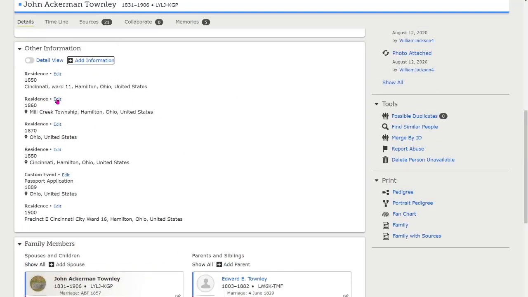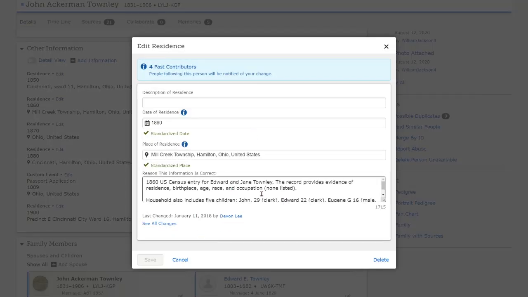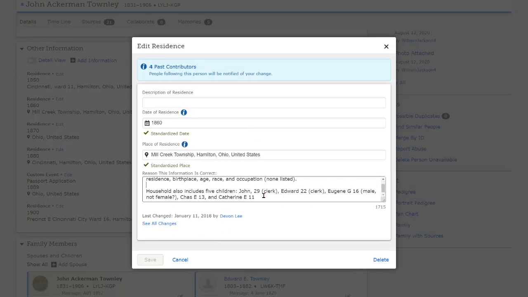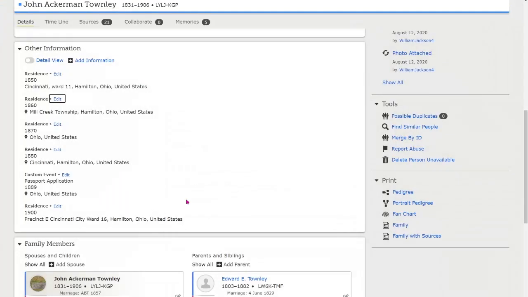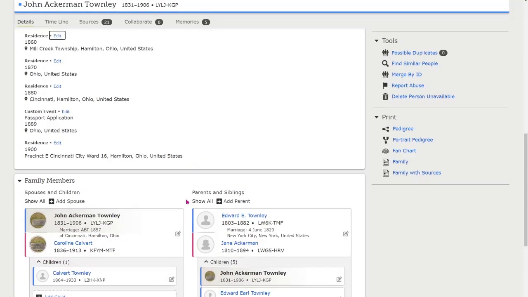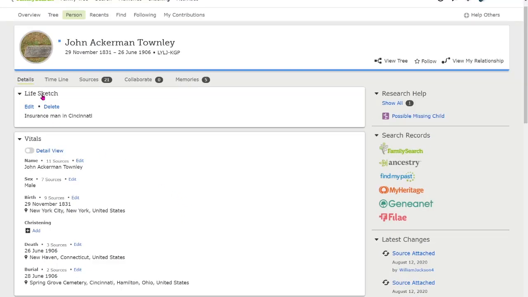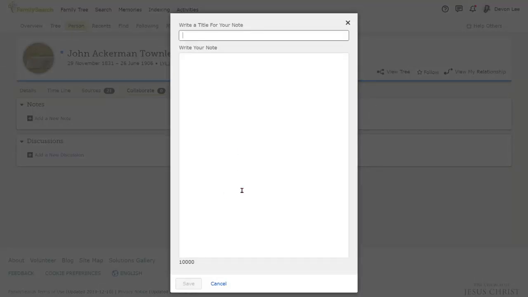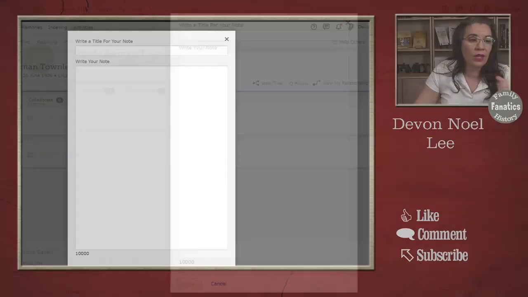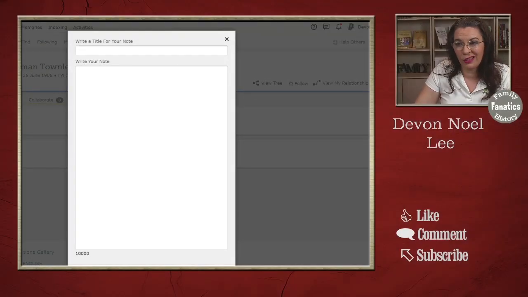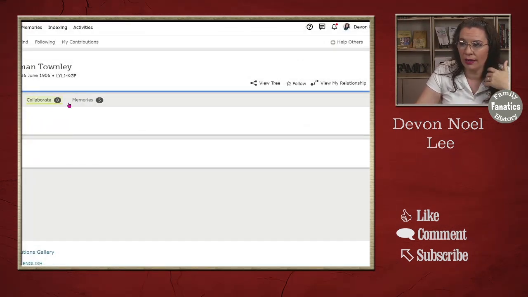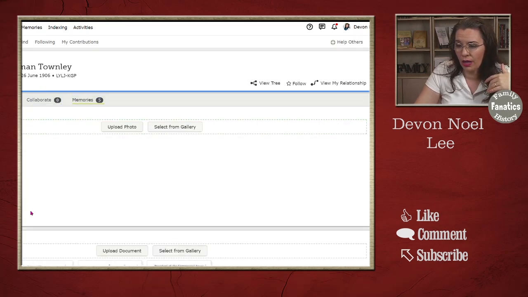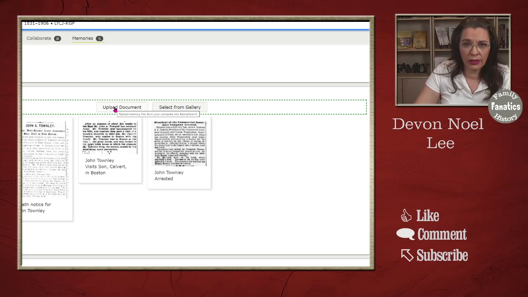Whenever you have a residence information, you can click edit, and look, this is the reason it was attached, but I can go ahead and leave it there. But reason statements get overwritten. So what can you also do? Well, I highly recommend that you come into the collaborate section and you add notes here. Whatever questions you have, whatever thoughts you have, any type of note that you want to share with others, stick it there. And then the last thing you can also do with your research notes is you can add it as a document. So you come over here, click upload document, and you can add it there.